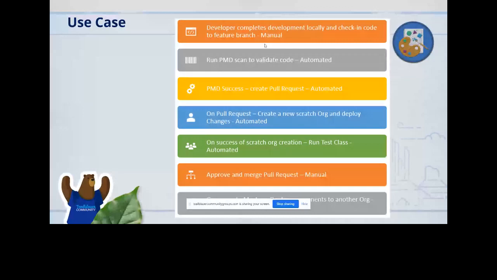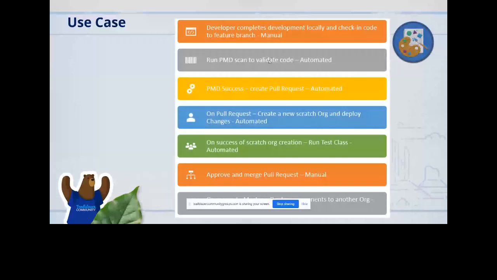And on pull request, that is when the pull request is getting created automatically, there is another set of operations that we need to do. That is to verify that the components the developer has checked in are going to work as expected.